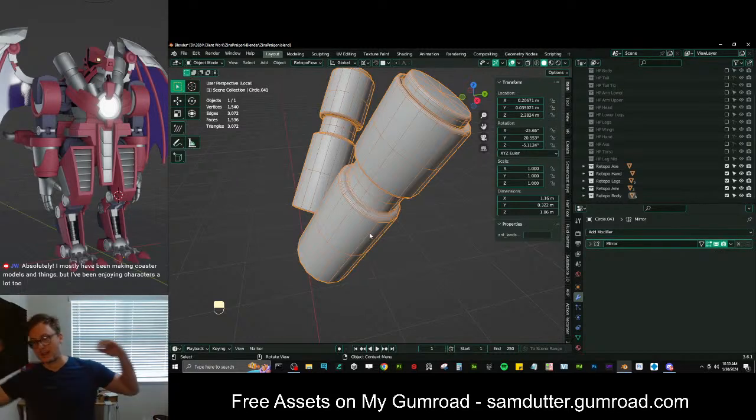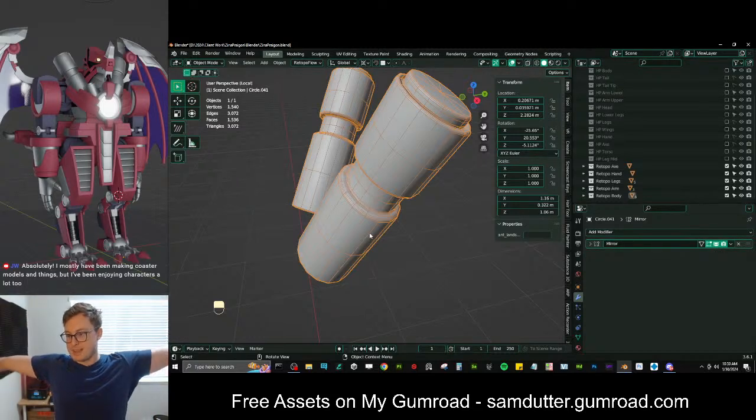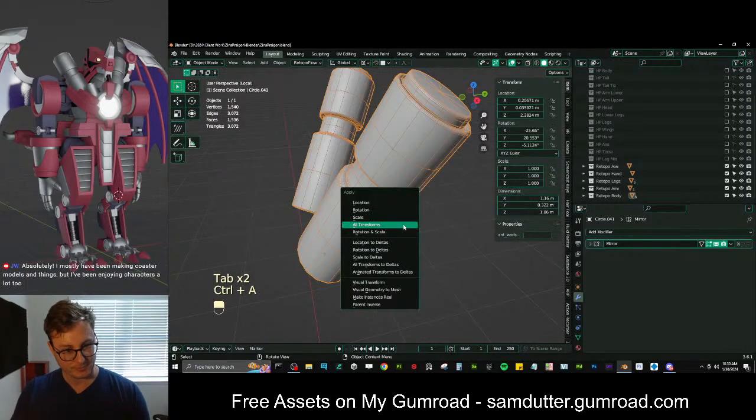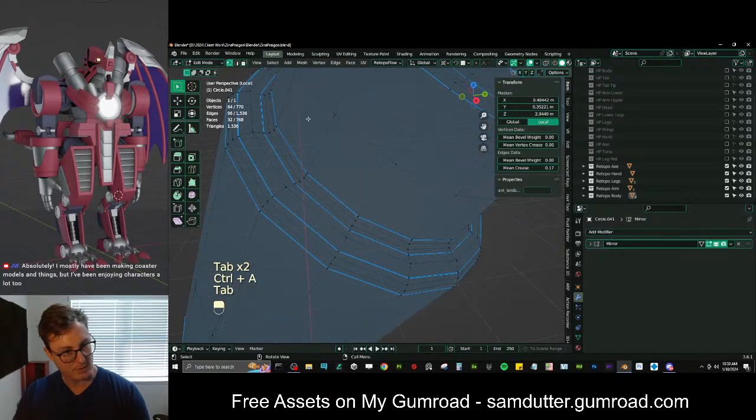Absolutely. Most have been making coaster models and things, but I've enjoyed characters a lot too. Like for 3D printing. Now, when you say coasters,